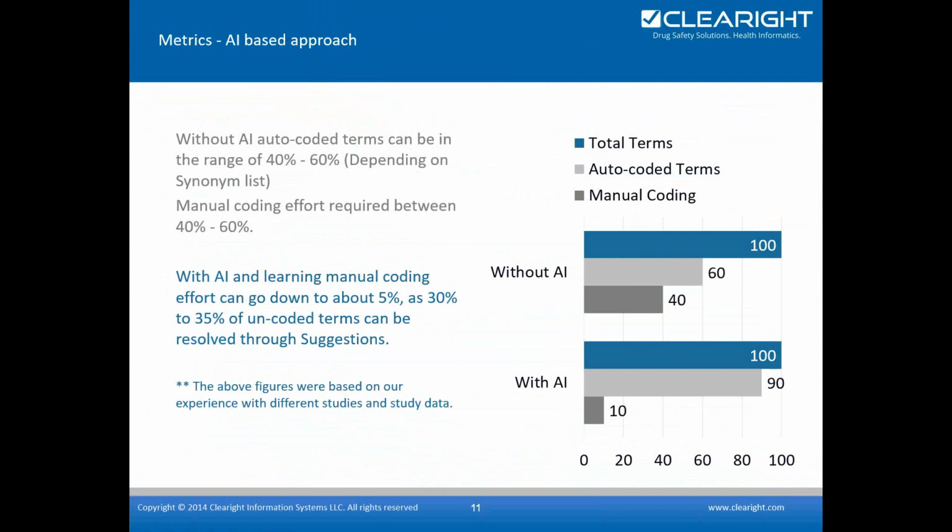Here, you are still required to put in 40 to 60% effort to code the rest of the uncoded data. This effort can increase if your synonym list or coded data has errors or is unorganized. With the help of AI and ML implementation, manual coding effort can be lowered to 5%, as the 30 or 35% uncoded data can be resolved by using accurate coding suggestions. Also, adaptive learning and self-correcting algorithms can help coders to locate the invalid codes and fallout verbatims, so that the coded outputs can be increased.